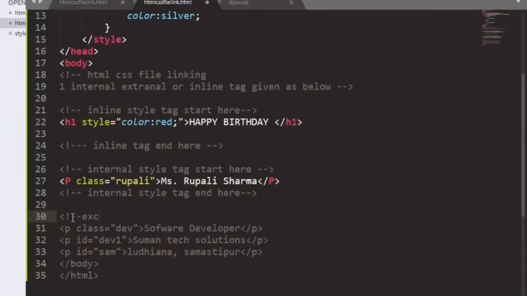Suppose further we have started the external style tag.